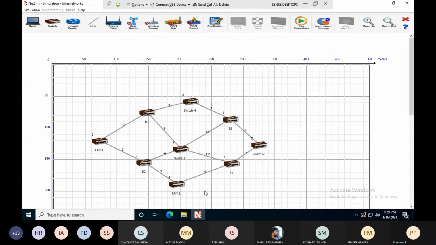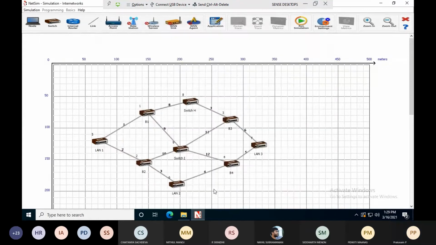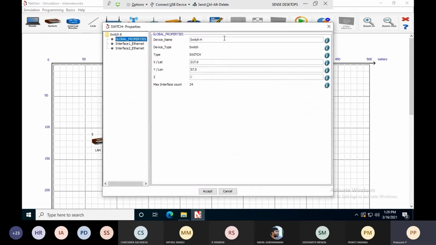Accept. Then switch G, this is LAN 3 as per diagram, right click, properties, select global properties, in the device name, just rename it as LAN 3. Now switch H, right click, properties, global properties, device name, rename it as LAN 4.